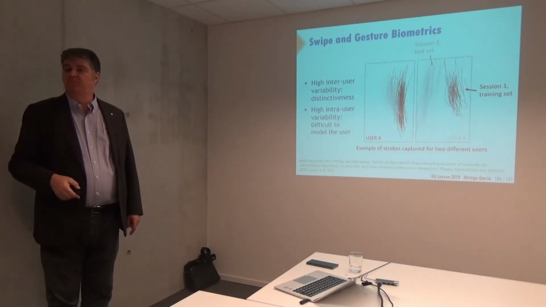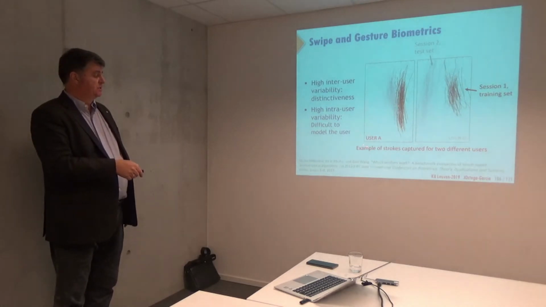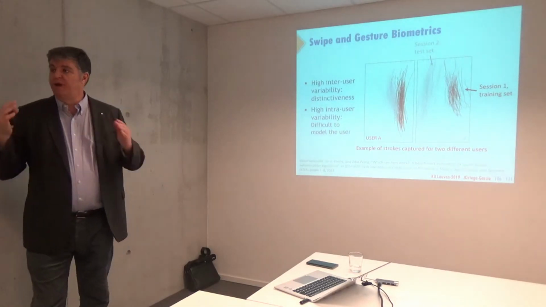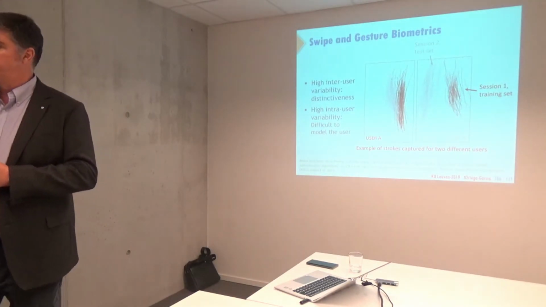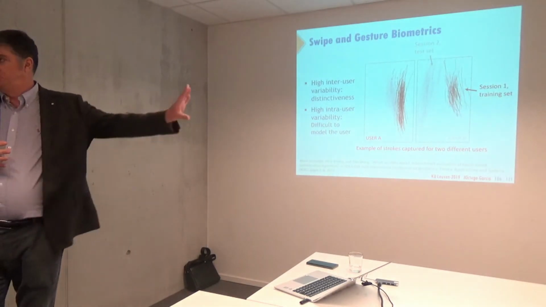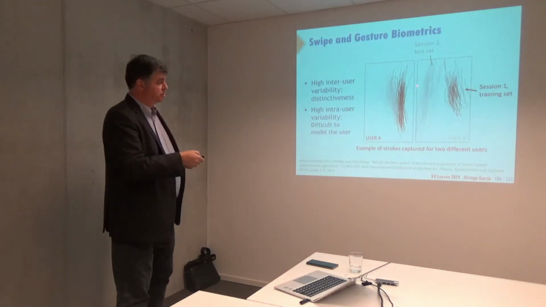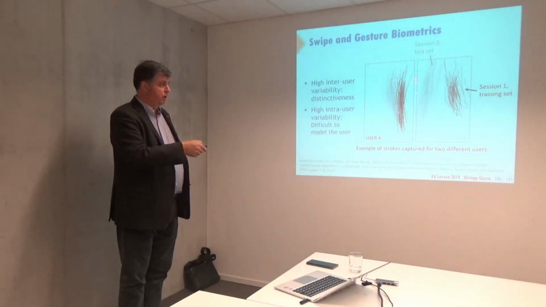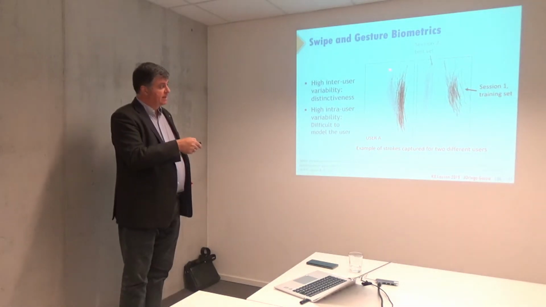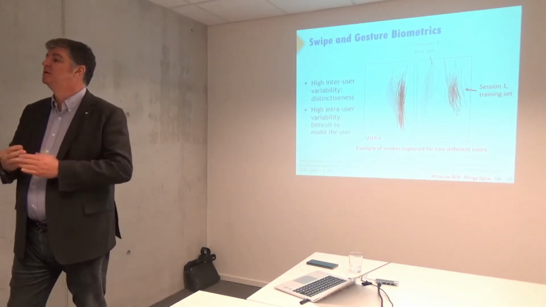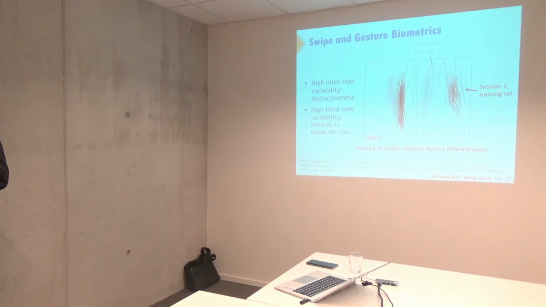extract from that problem. As you see, this is user A doing this action, so intra-variability is a huge problem in behavioral biometrics. You may see clearly that when you try to do this action for a given user, only one user, that specific action is realized in all these different ways. So you have to model that.